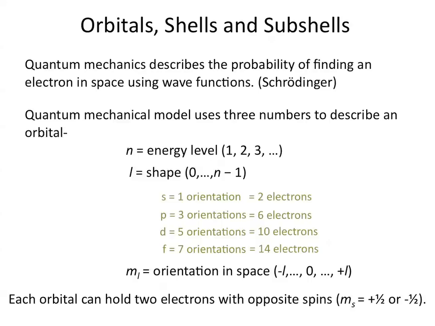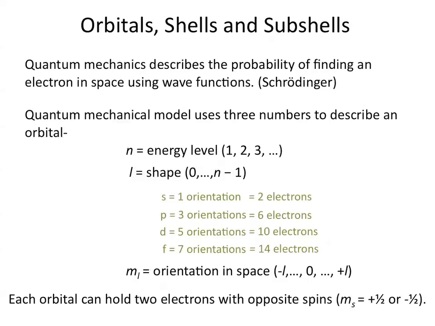Now, this might seem very confusing, so let me recap now that I've told you what all these numbers are. First, you have the shells, and these are the energy levels. Inside each shell, you have subshells, and these subshells have different shapes, S, P, D, and F. Inside each subshell, you have orbitals, and each orbital can hold 2 electrons. Because the S subshell has only one orientation, there is one orbital in the S subshell, and that orbital can hold 2 electrons.